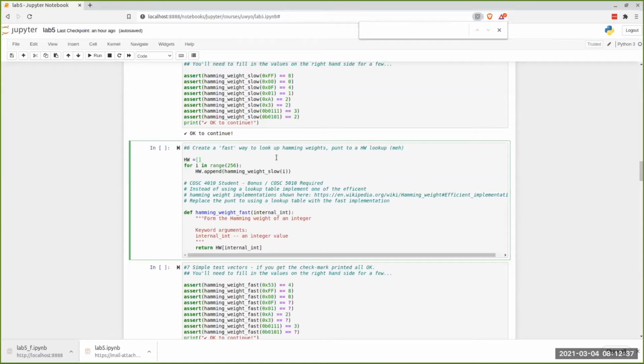So it will work, and then I have this random definition. You're going to say, why do you have another definition for Hamming weight fast that just does a function call? Well, if you're a 4010 student, this is a bonus. For 5010 students, I'd like you to at least attempt this later. If you head over to this Wikipedia article, there's actually a nice listing of efficient ways to implement